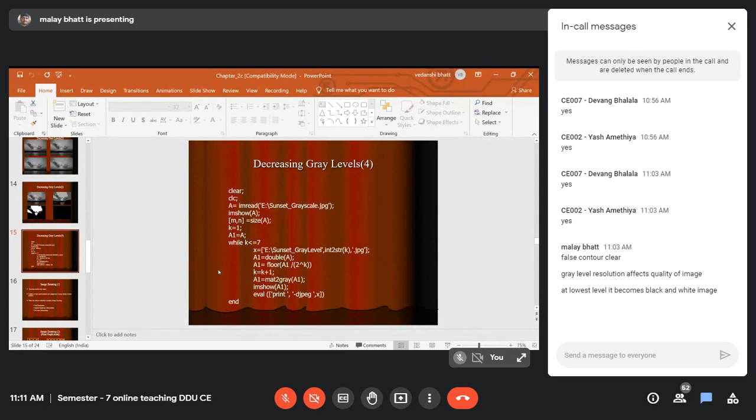We'll display that image. Now, again we'll go in the loop and divide the image by 2 raised to 2. Instead of dividing this new image by 2, I am dividing the original image by 2 raised to 2. You can see my original image is in A1.